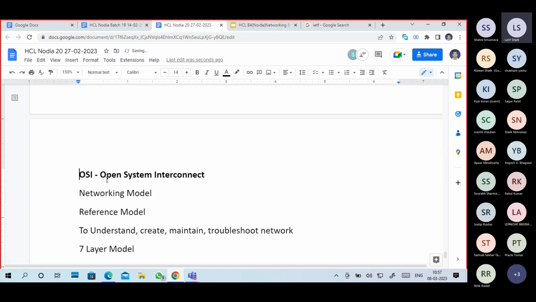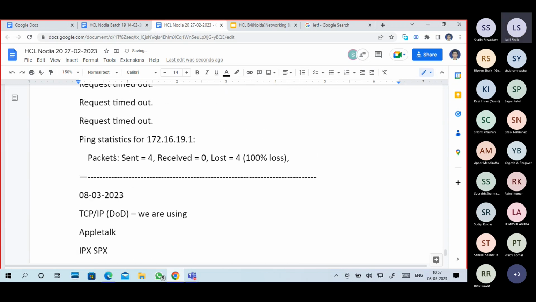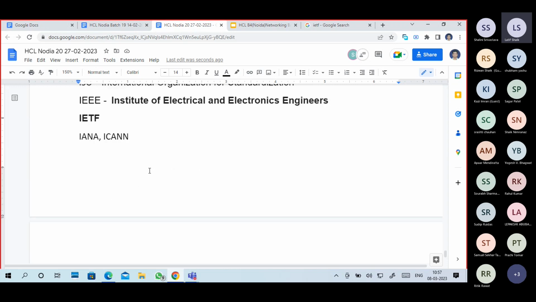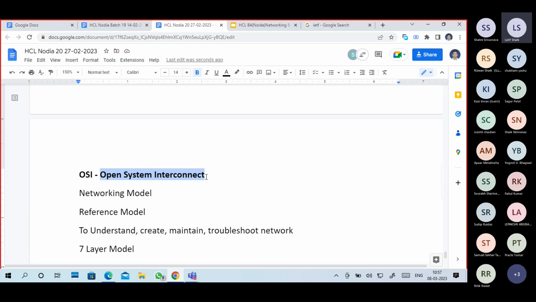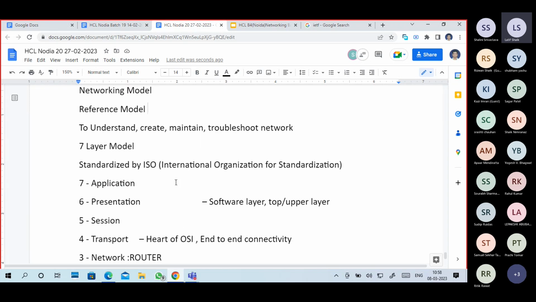But we'll go back to our OSI layers, because we have space here and I told the other names also. So what is the OSI model? Open System Interconnect. It is a networking model. It is a reference model, meaning it is only for reference purposes, not for actual use, to understand, create, maintain or troubleshoot the network.